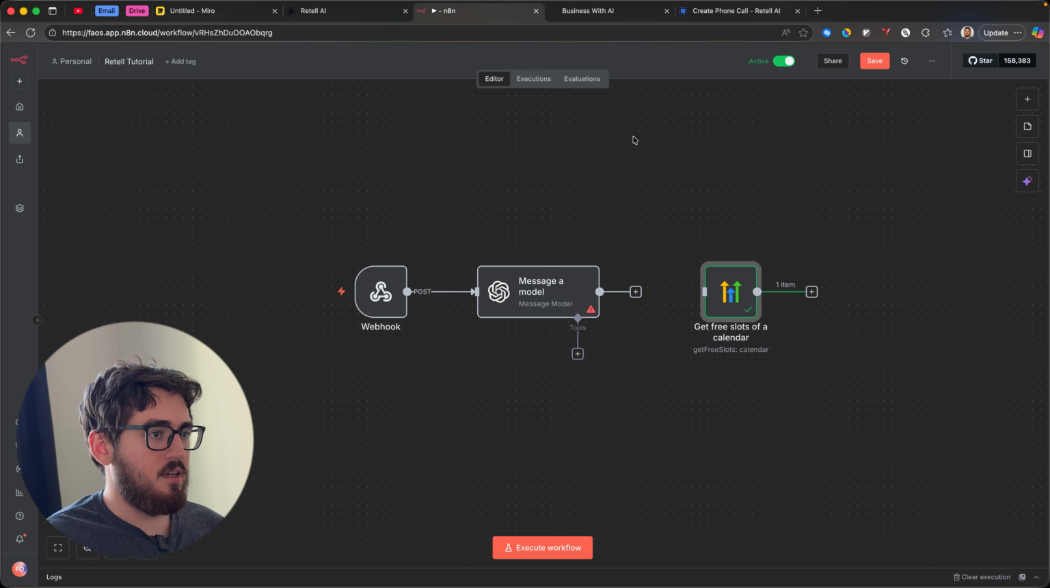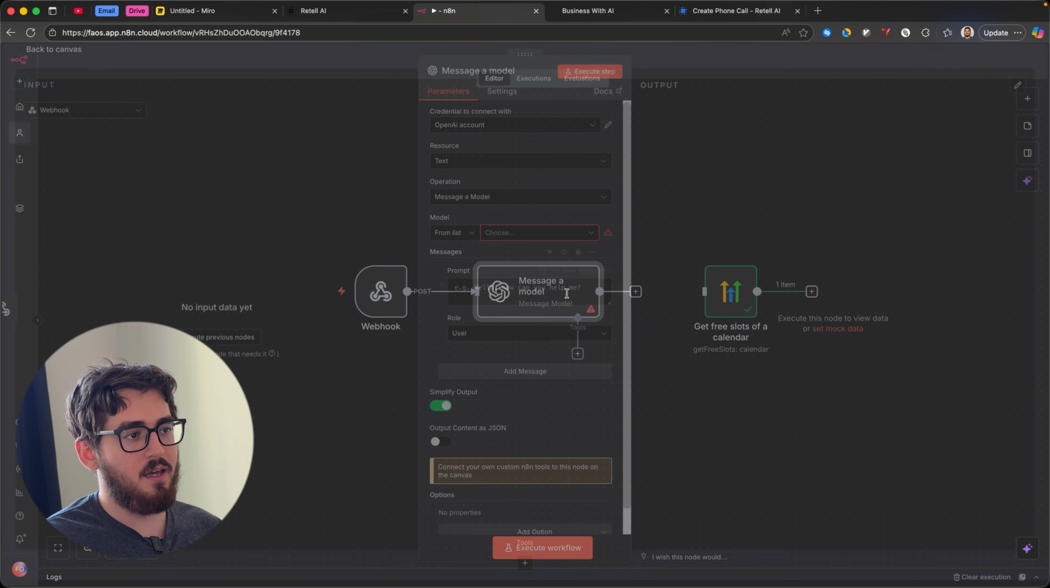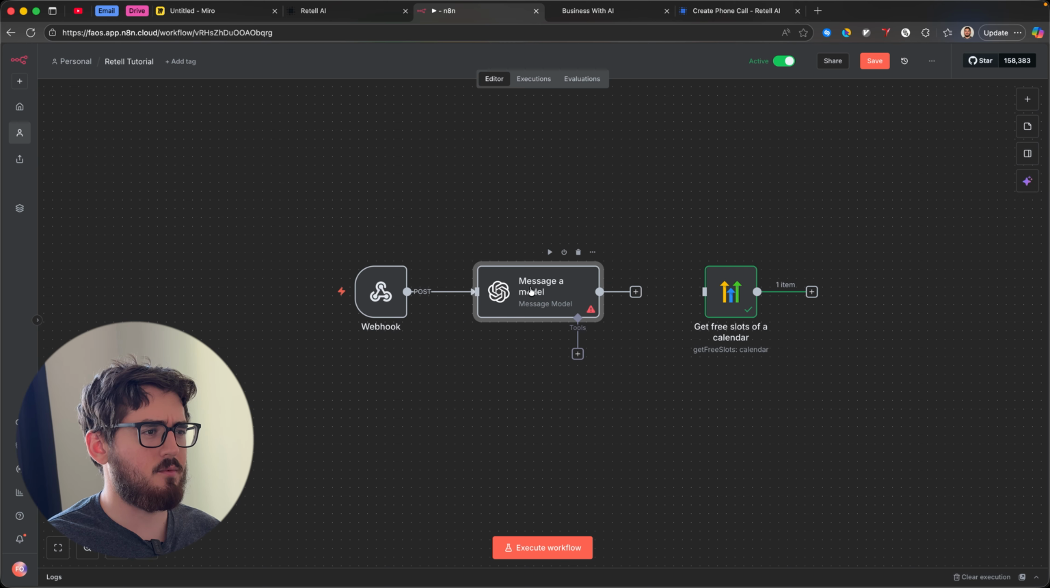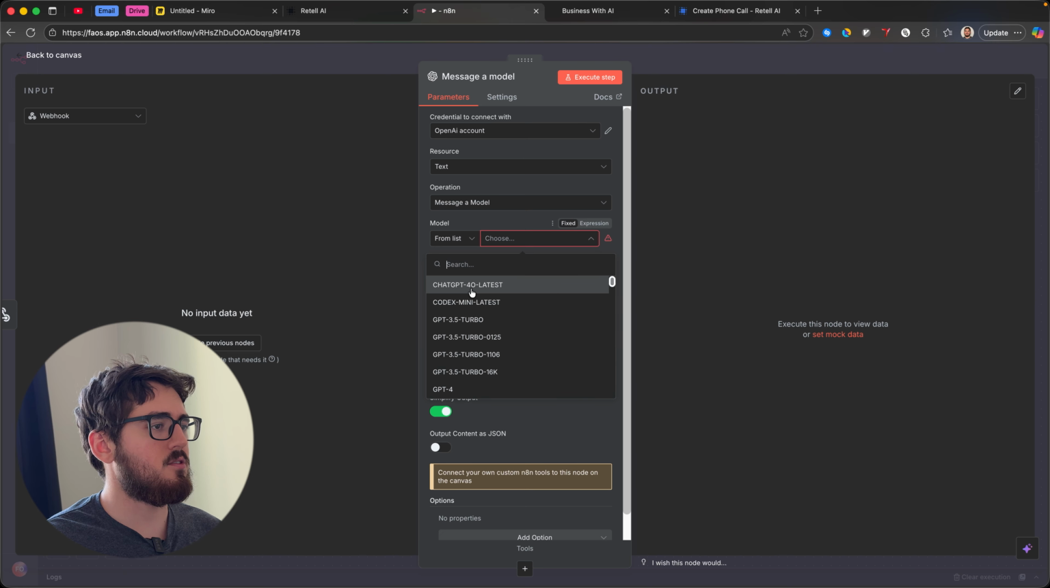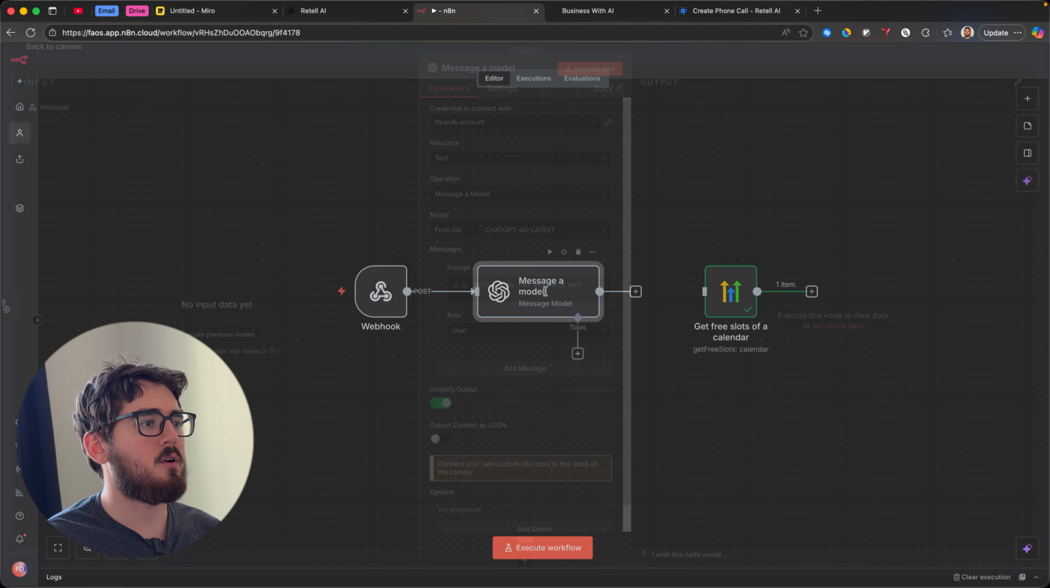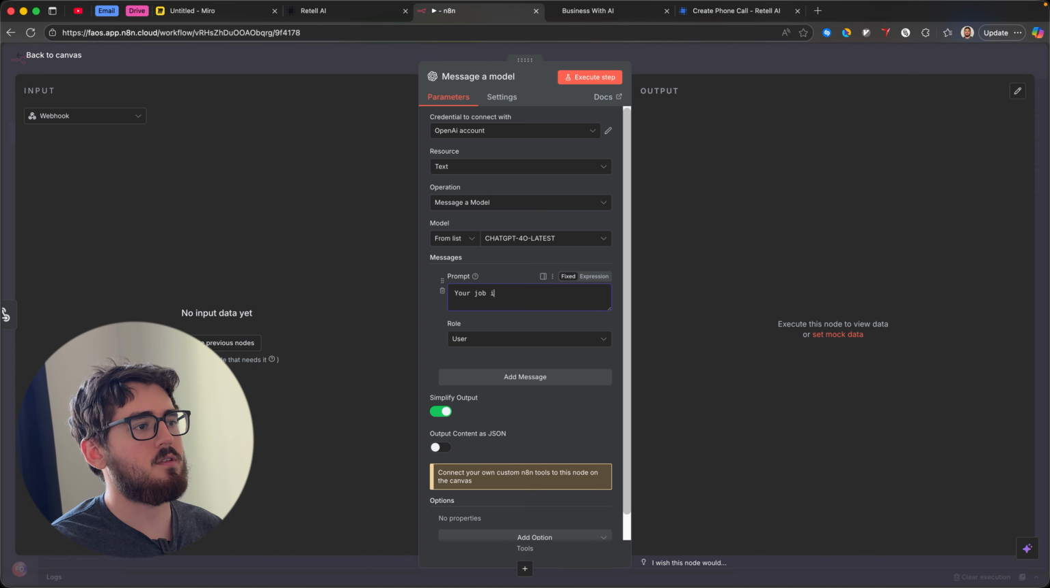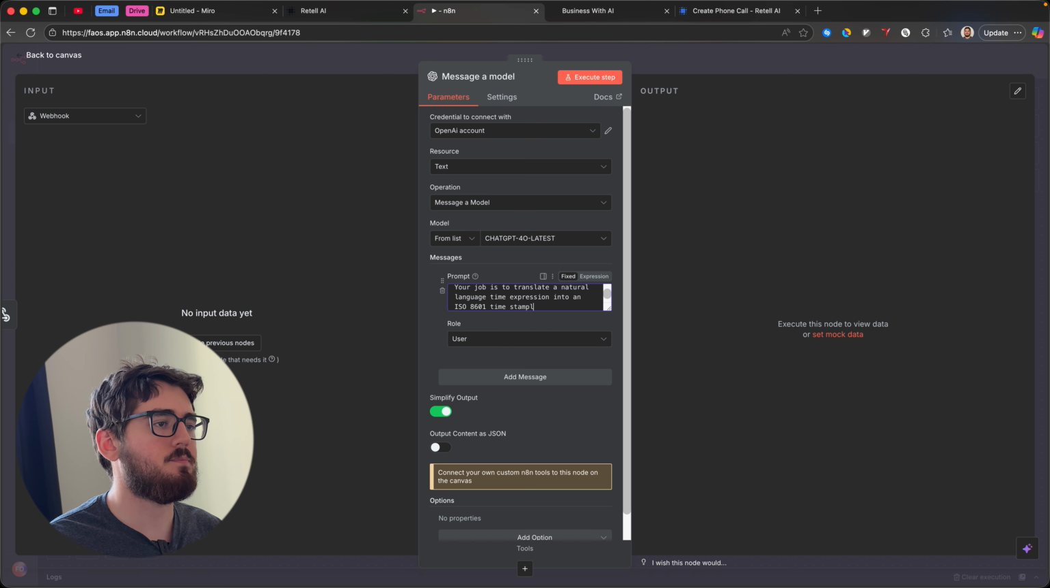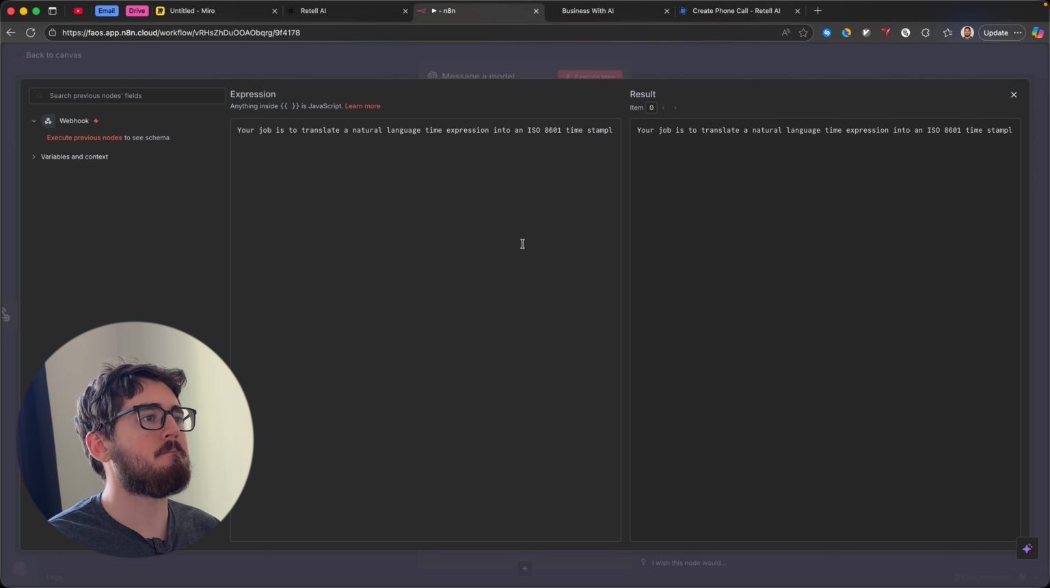And instead of writing some complicated code to do that, we can just use AI. So I'm going to set this up right now. You can choose any AI model you want. And we're going to say something like, your job is to translate a natural language time expression into an ISO 8601 timestamp. Right? Then we want to say only output the ISO timestamp, no additional text,